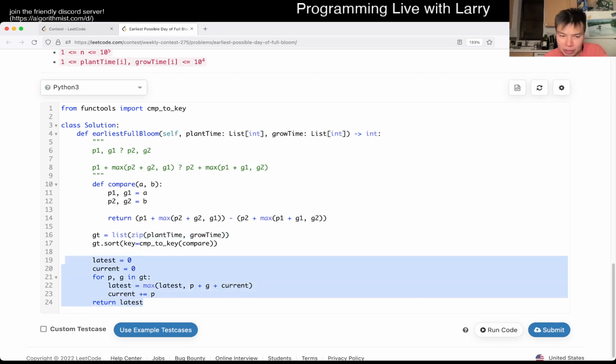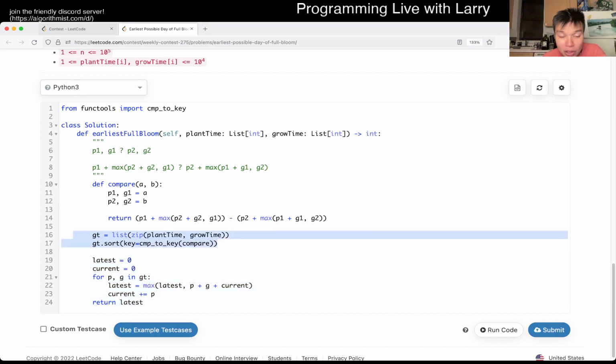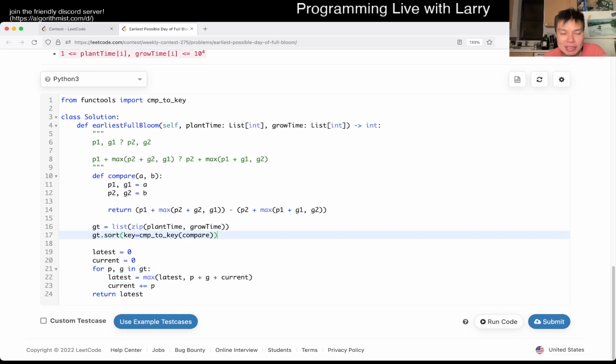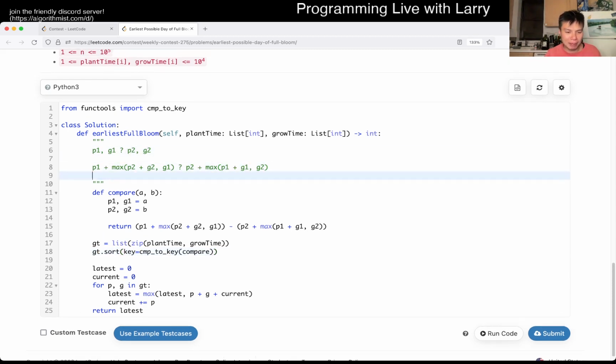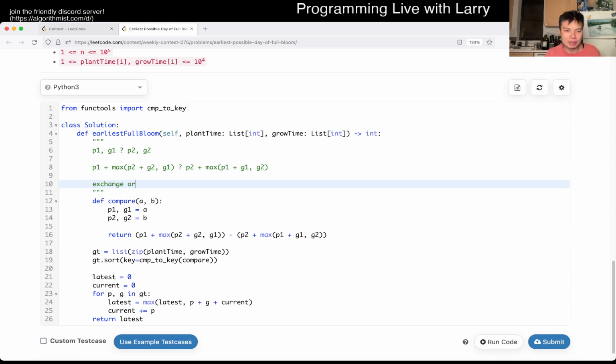And yeah, of course this part is just linear time, constant space, though it gets dominated by these two. So yeah, that's pretty much all I have for this one. So what we did here is called the exchange argument, I believe. So definitely, if you want to learn more about it, I guess Google it. Definitely Google it a little bit and see if you can understand that a little bit more. But that's all I have for this one.